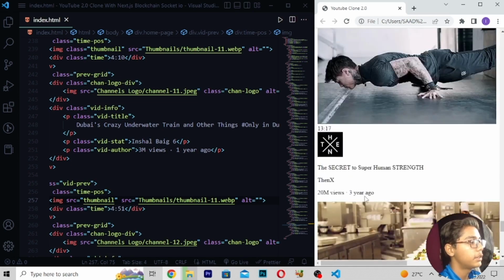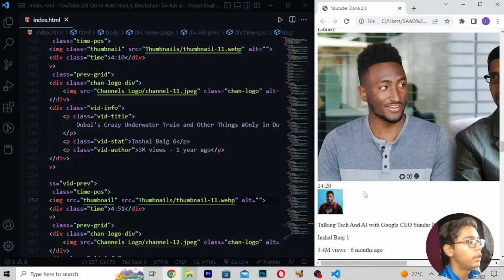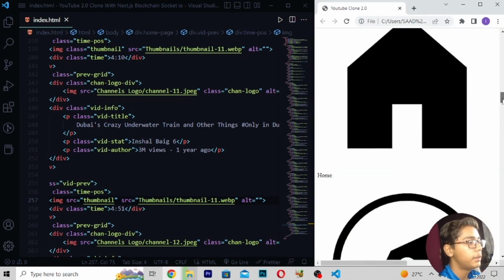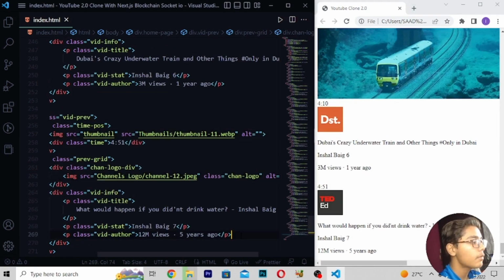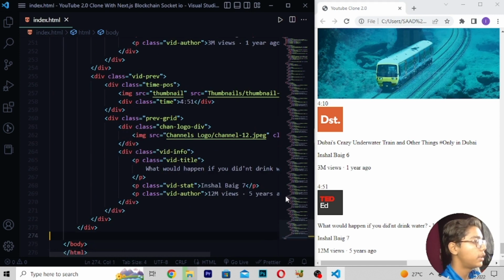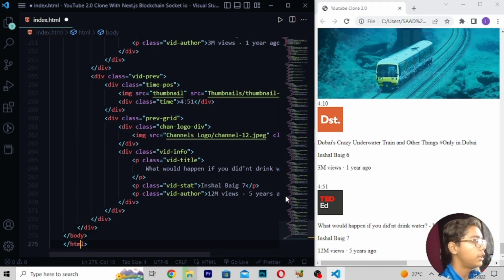And you can see we are just getting all this stuff here. Then when you're getting all these things, I will be moving down after this tag. Then when you've written this, you have to do one thing: I will now be writing this tag. So here you can see we have written all this stuff. Here you don't have to give any space, then take this thing back, and you can see we are getting this.